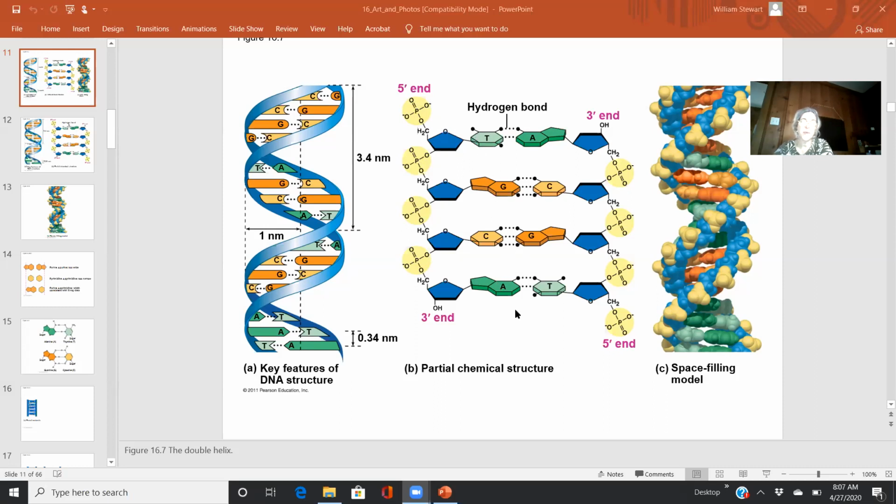Now, the important piece that I didn't really stress very well on Wednesday, I think, is that you see how on this end, we call it the 5' end. And what that means is that there is a phosphate attached to the 5th carbon of this sugar and to